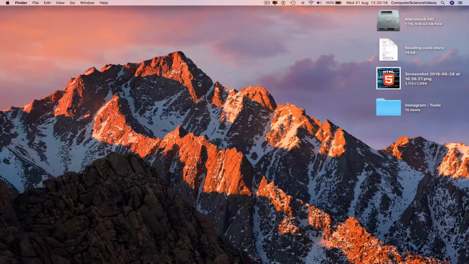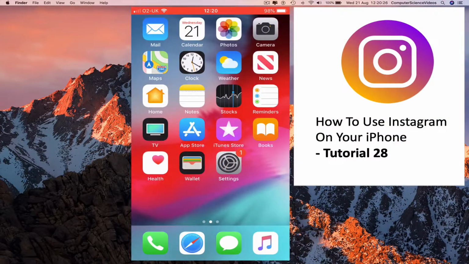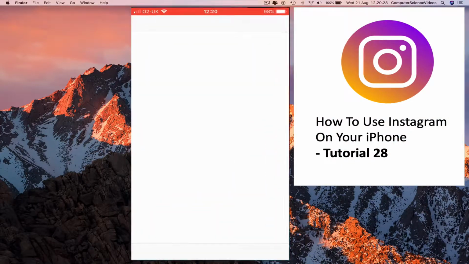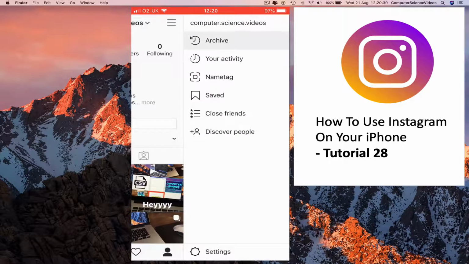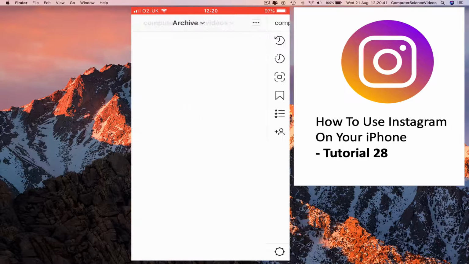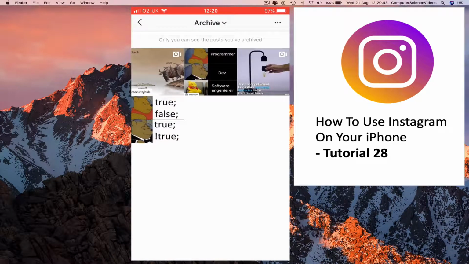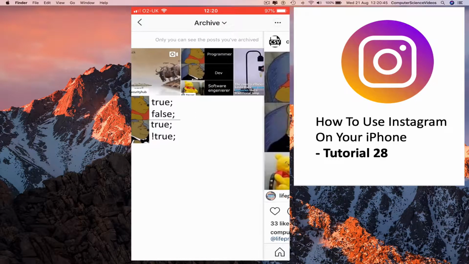So in this tutorial, you need to have access to the iPhone itself and the Instagram application. Now we can go to the iPhone, go to the Instagram application, click on this, make sure we are signed into the account, go to your profile, and now we can go to the right hand top corner of the screen where we see the three lines. Click this, go to the archive, and now we see all the photos and videos that